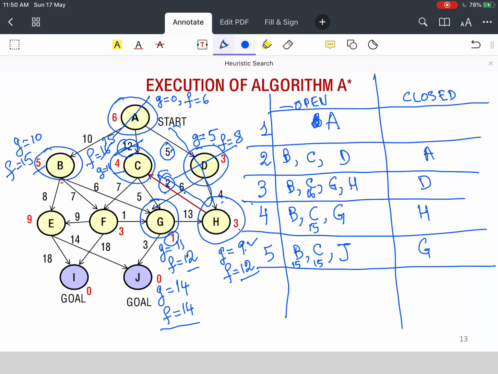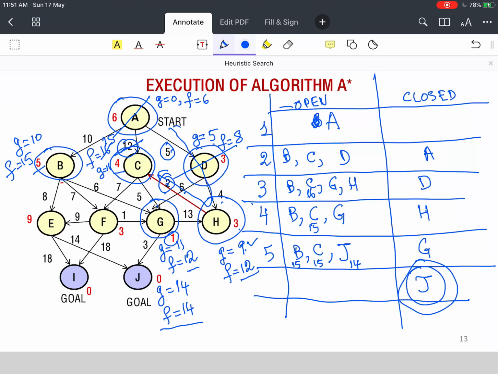Its H value is 0, so its F value is equal to 14. Now, this being the minimum cost node, J is removed. So once J is removed, J being a goal node, we terminate, and we terminate with a solution of cost 14.